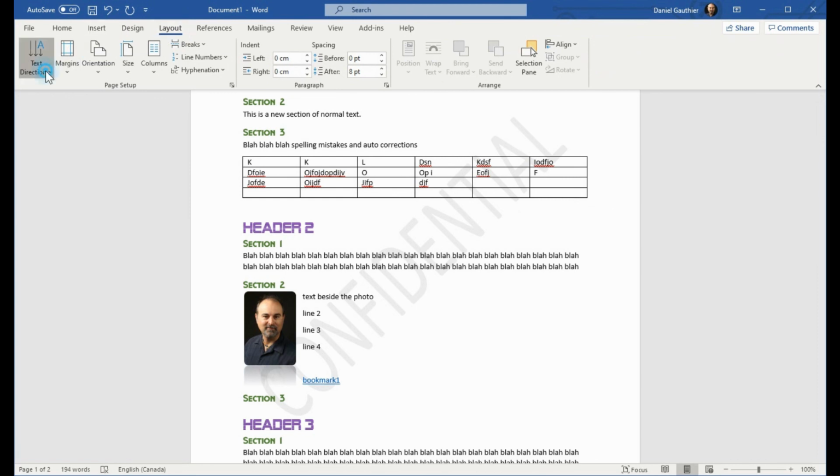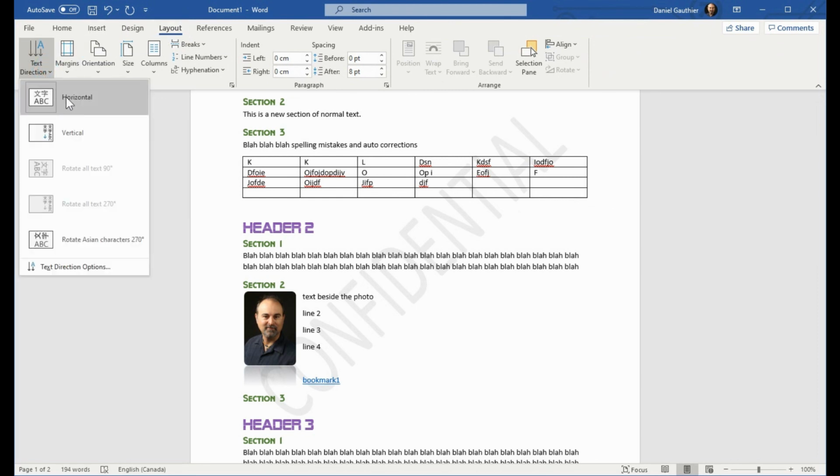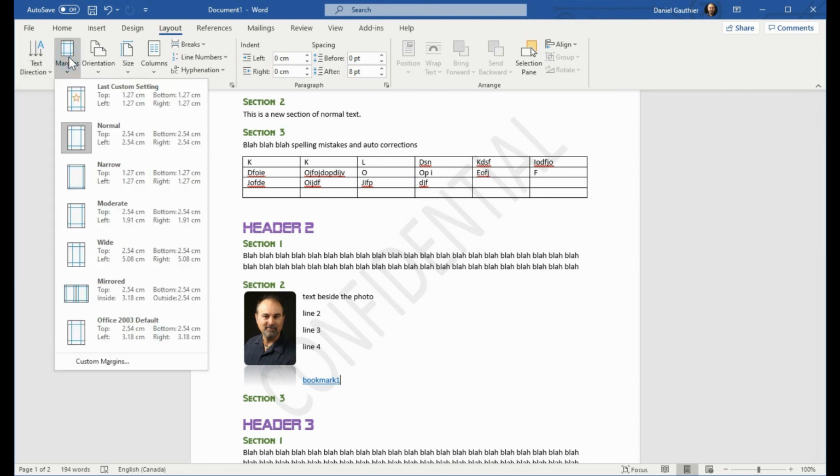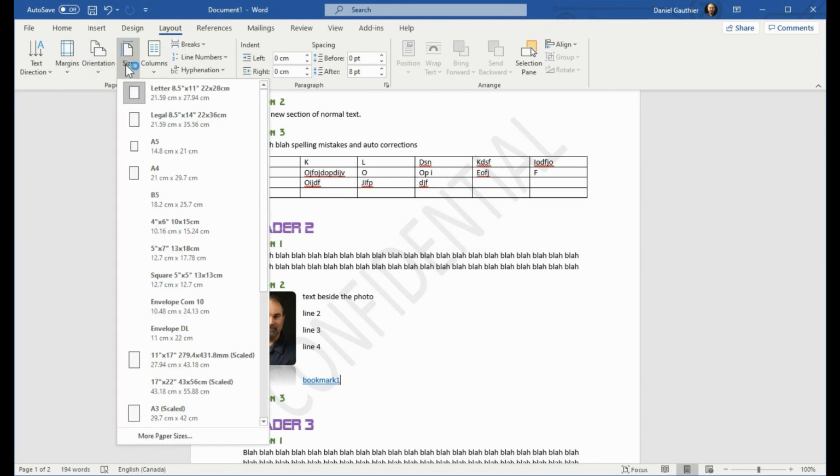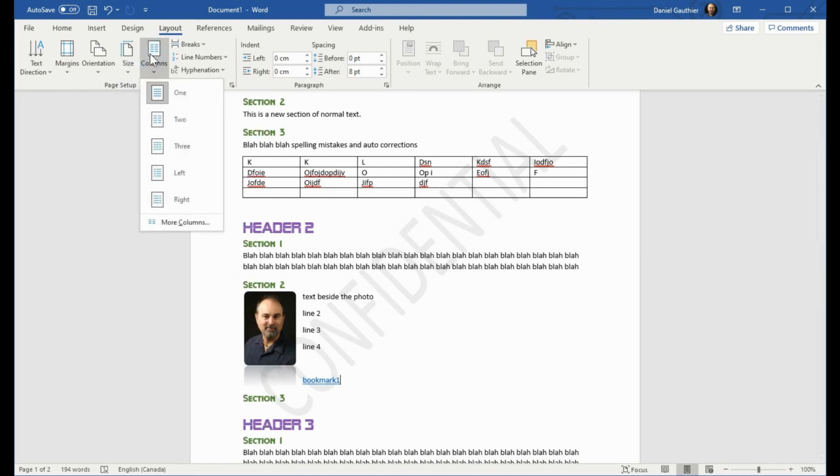In the layout, you can change the text direction from the normal default horizontal to something vertical. You've got the margins that you might want to play with, orientation if it's portrait or landscape, and if you're doing a letter size, legal size, or an envelope you're printing onto, or some other type of format size.